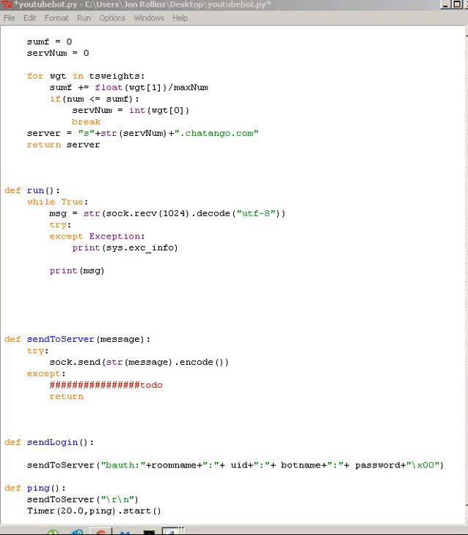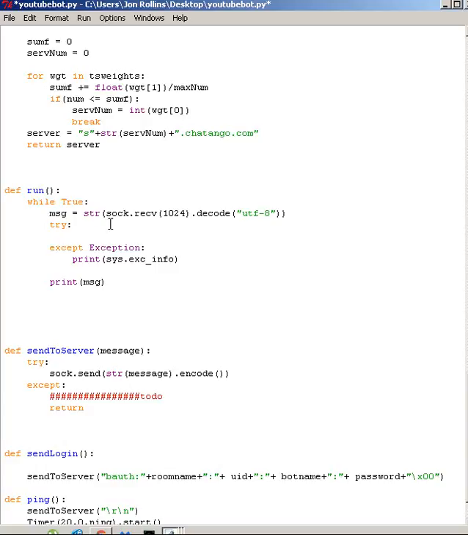And now we're going to do our messages. So we're going to do if MSG, our message, starts with,